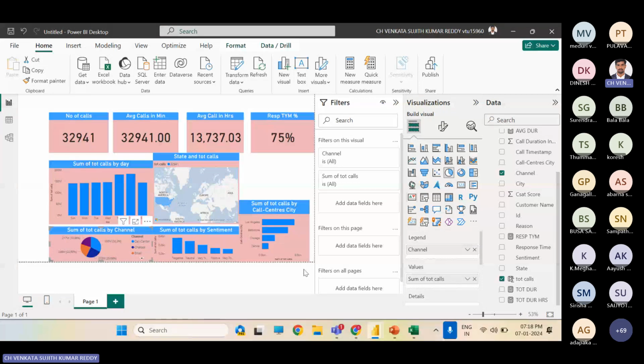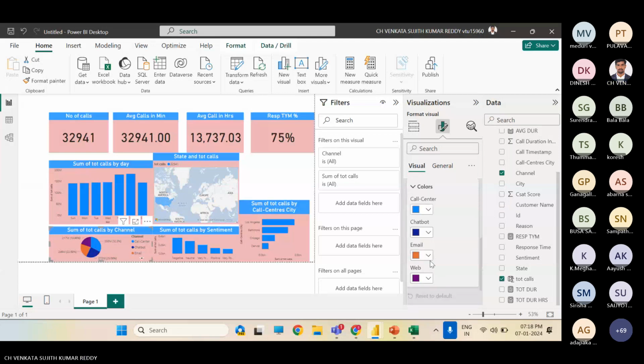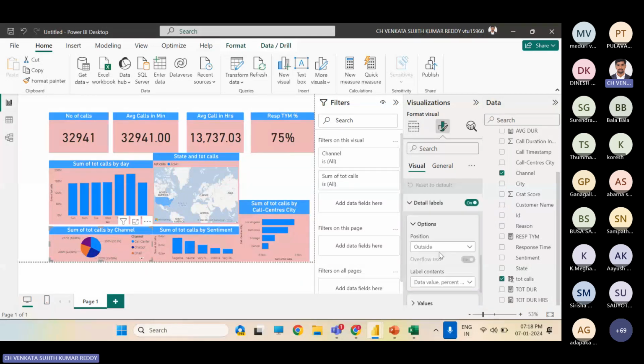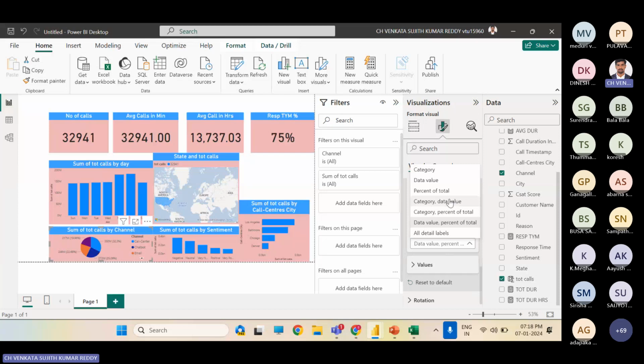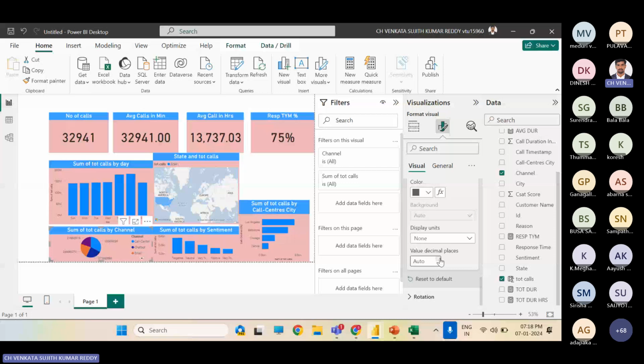So I go to the visuals and data label options. Put inside. Okay, inside is not good. Outside, okay. But here I just mentioned data values. That's something good. And in these values also put none. Not good. Thousands, okay. And what else will be here? I think it is okay.